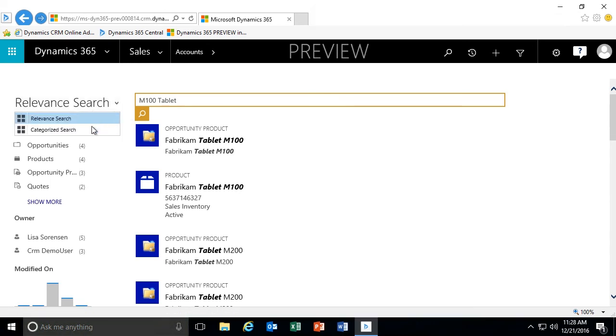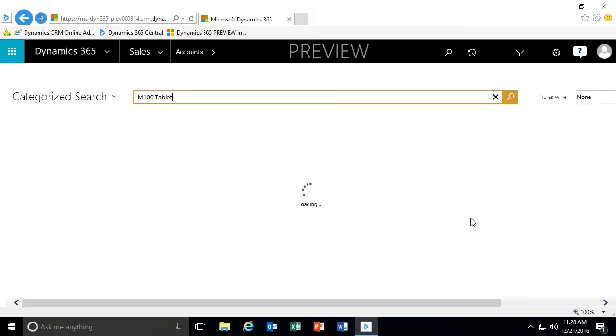Additionally, we still have the ability to use categorized searches. So you'll notice if I change to my categorized search, which is the standard functionality within the system, when I type in my N100 tablet, it doesn't find anything. And the reason it doesn't find anything is because we don't have anything that starts with my M100. Now, if I type in tablet,